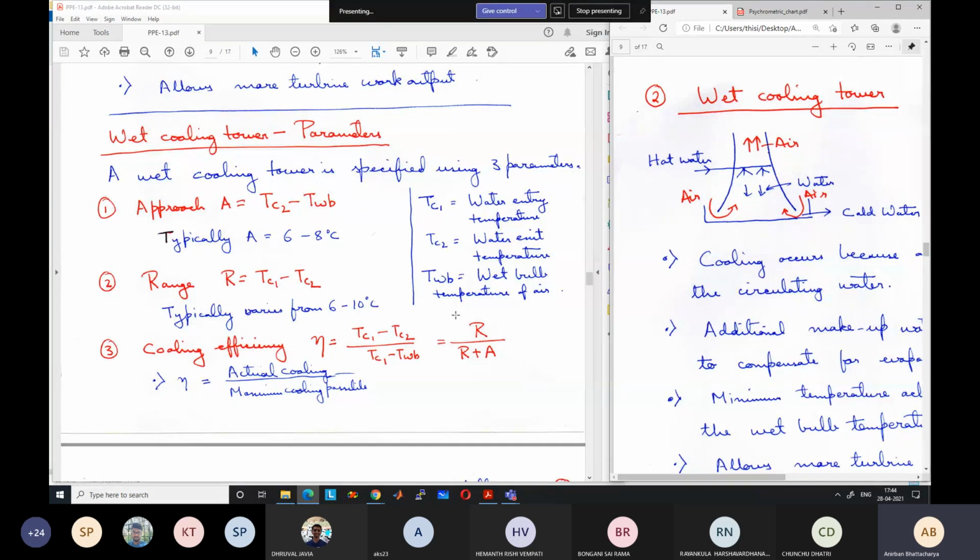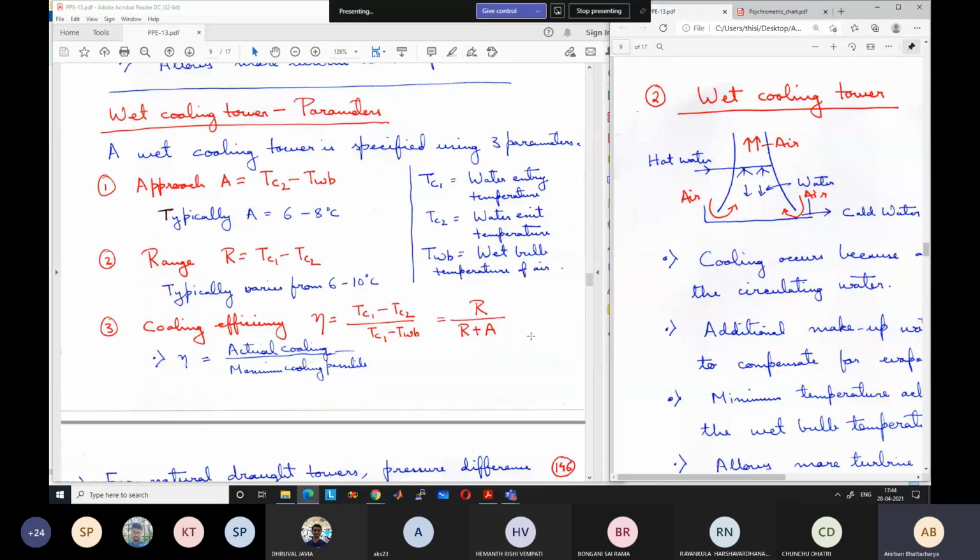So we want the efficiency to be as large as possible, but ultimately there is a limit, because otherwise you will need very large evaporation time to go near the wet bulb temperature, which is not possible. There is a limited time for evaporation because the water is falling down. It takes a certain amount of time, so you cannot have unlimited time. So full evaporation cannot occur, and you cannot reach the wet bulb temperature.